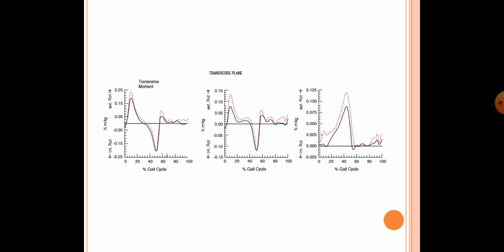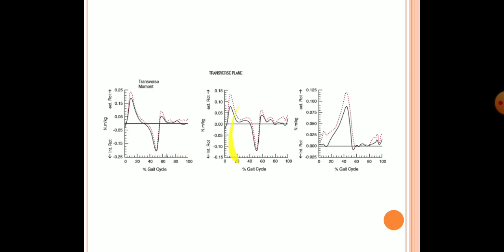And this is about the transverse plane. So what are the rotatory moments which are happening in the hip, knee and ankle joint during progression of the gait cycle? Mainly there are external and internal rotation. In the hip joint, at the beginning of the gait cycle, it starts with an external rotator moment and it comes to internal rotation by almost 50% of the gait cycle. It will give you a peak of internal rotator moment and it comes back to external rotator and it maintains the external rotator moment until the completion of the gait cycle in the hip joint.